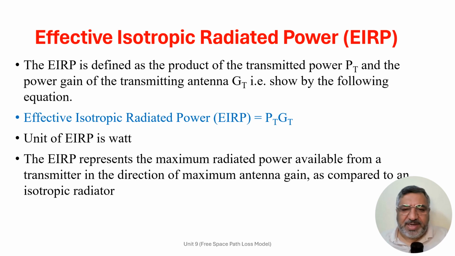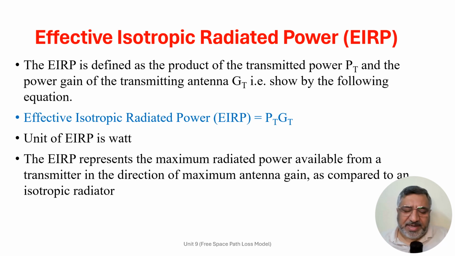EIRP is expressed in units of power, usually in watts, and generally it is represented in dBW, decibel watts. It represents the equivalent power that an isotropic antenna would need to emit to achieve the same power density in a particular direction as the actual antenna. Mathematically, EIRP can be calculated by multiplying the power supplied to the antenna, the transmitted power, by